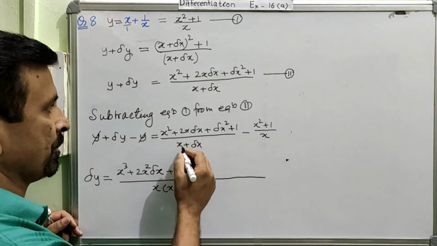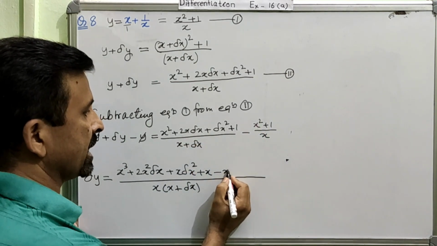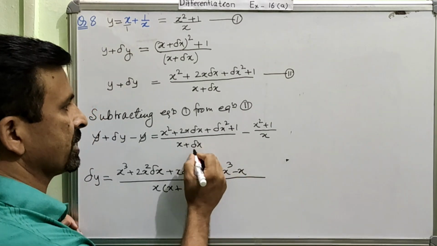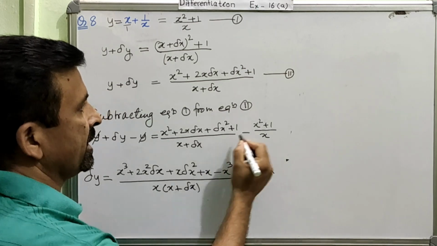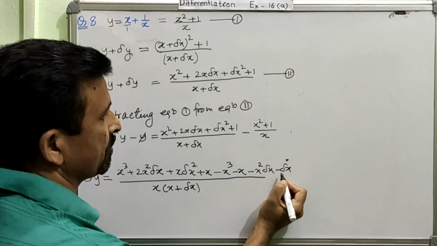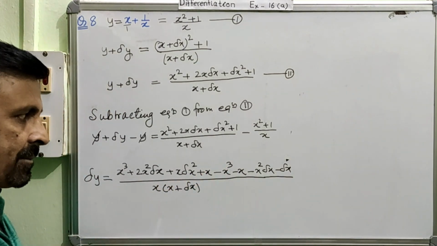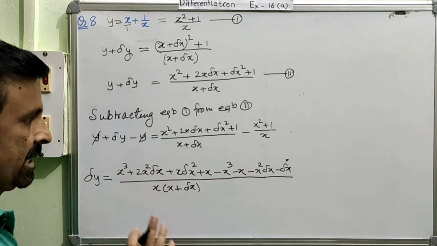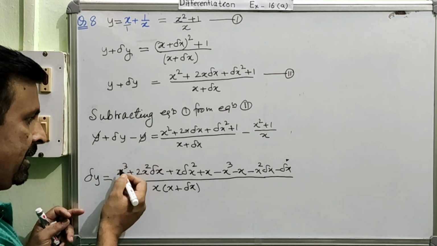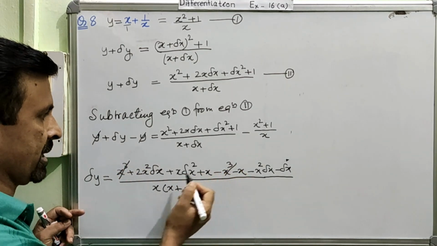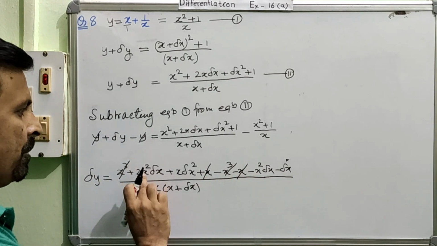So I am going to start now. First of all with x into this. So minus x cube minus x. Now with delta x. So minus x square delta x and then minus delta x. Is this understood now? After multiplying, after simplifying this, we have to check whether there is any like term or not. Okay? Anything can be simplified. So this x cube and this minus x cube cancel. This plus x, this minus x cancel. Is this okay?